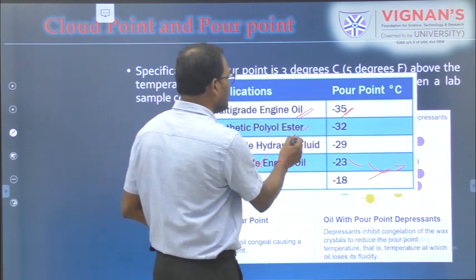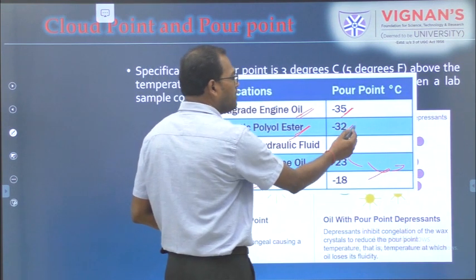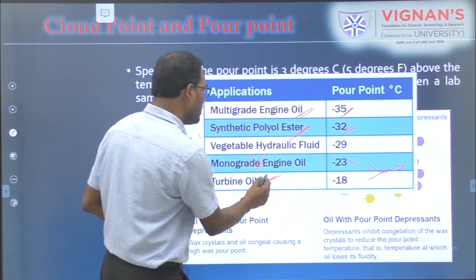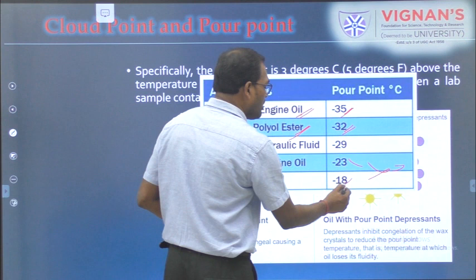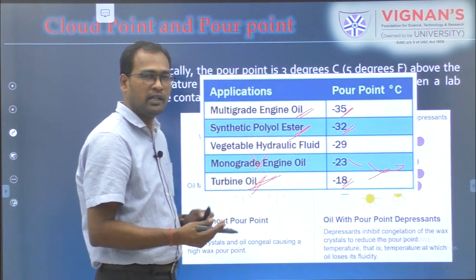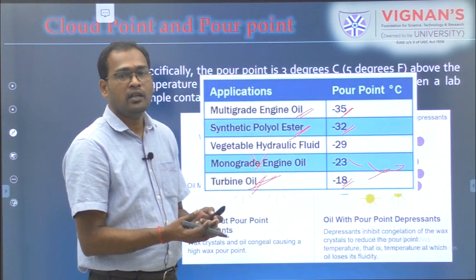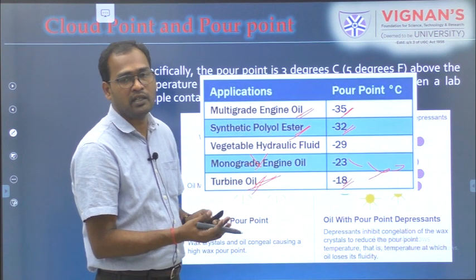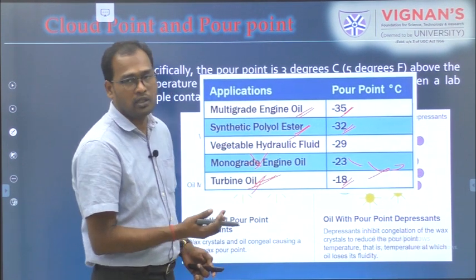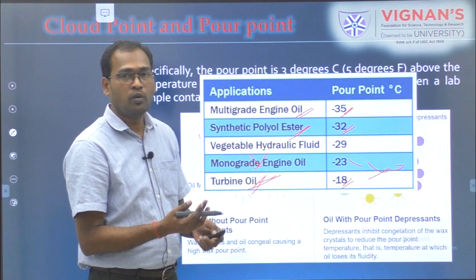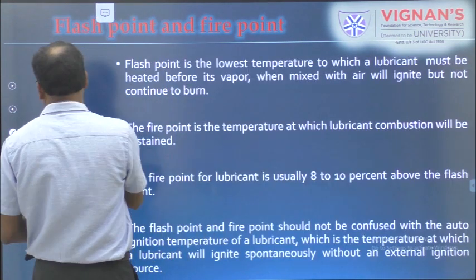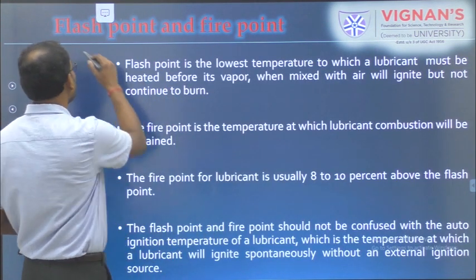And synthetic lubricants will have around minus 32, and you can see here the turbine oil, which has only minus 18 degrees. It starts freezing very fast, at minus 18 degrees, compared to the other oils. So this is about cloud point and pour point, and the next one we are going to see is flash